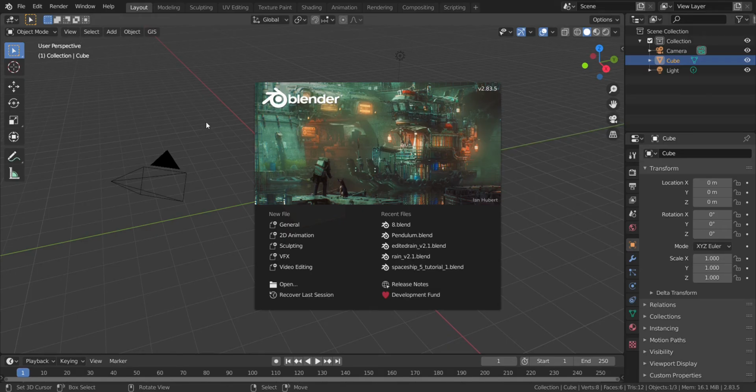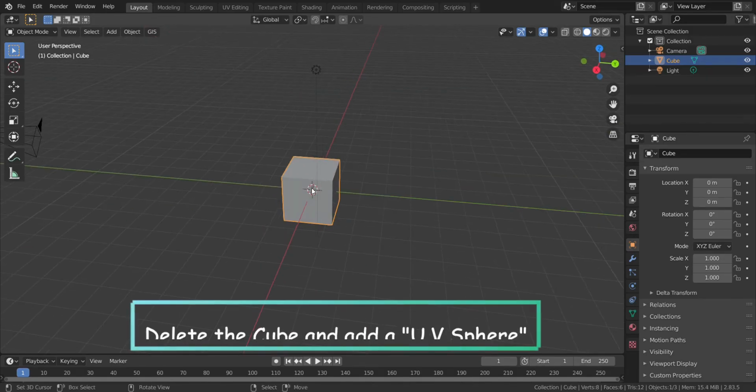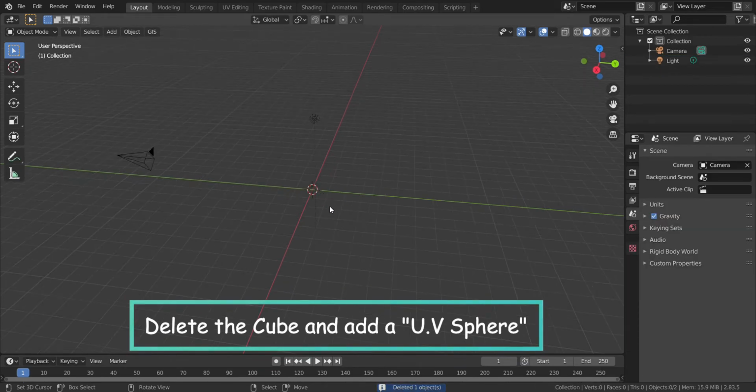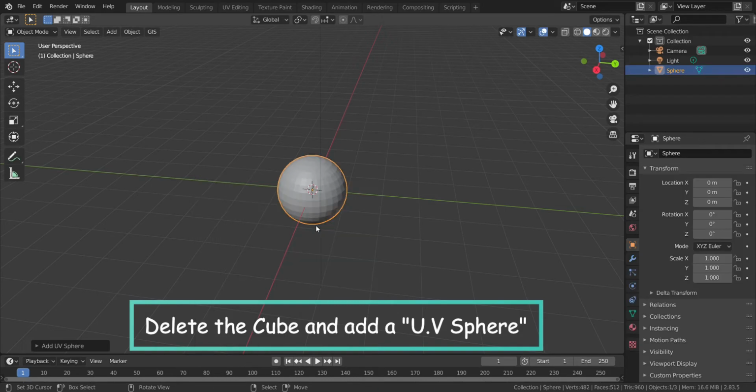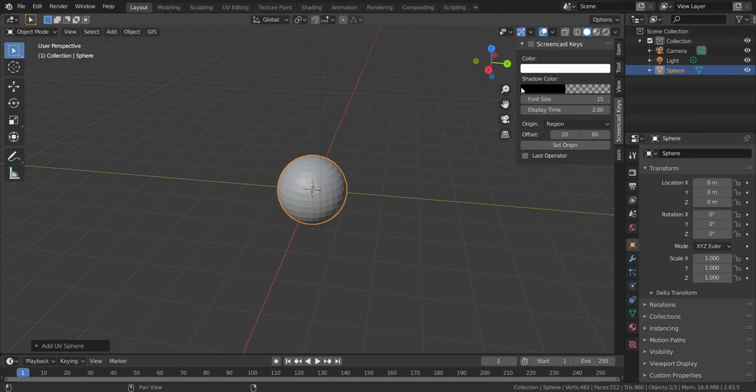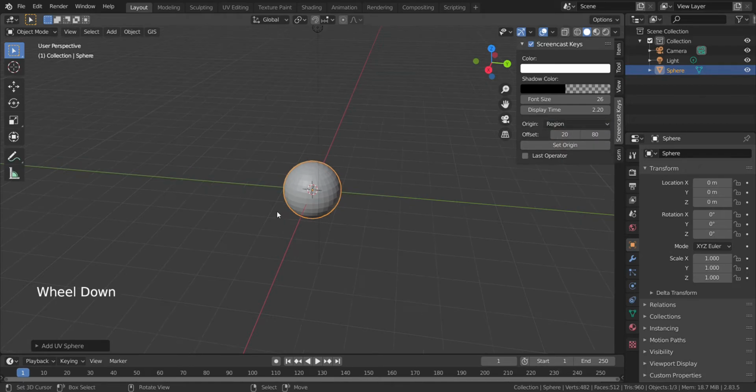Alright, so let's start this video by deleting our first cube. Let's delete this cube and we'll add one UV sphere here. So just press Shift A and add a UV sphere. I first turn on my screencast keys so that you can see whatever I am typing out here. Alright, now it's fine. So after adding the UV sphere, we will add one